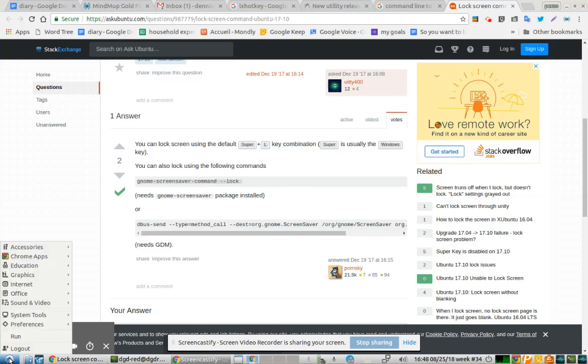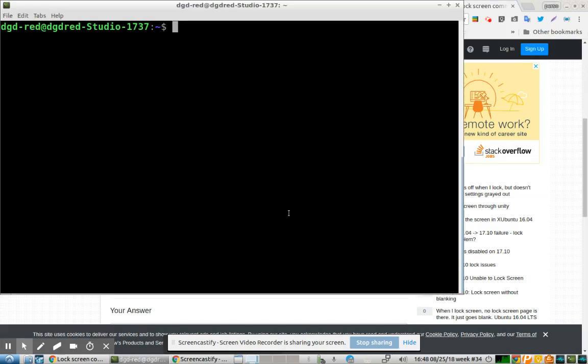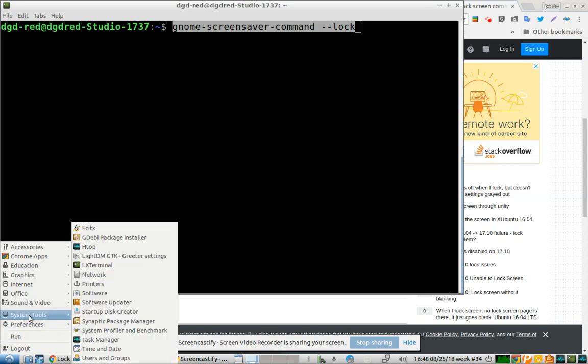You need to go to your menu. Well, actually, let's go over what you need first. First, you need to have gnome-screensaver installed. And then you're going to use this command, gnome-screensaver-command lock. We're going to copy that and then go to System